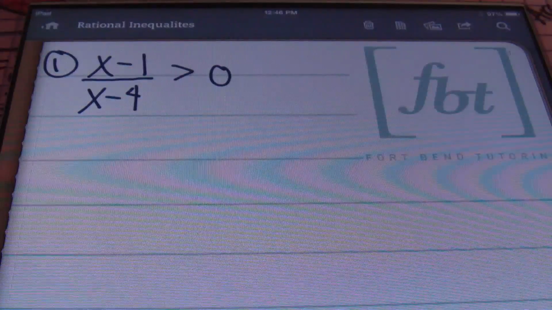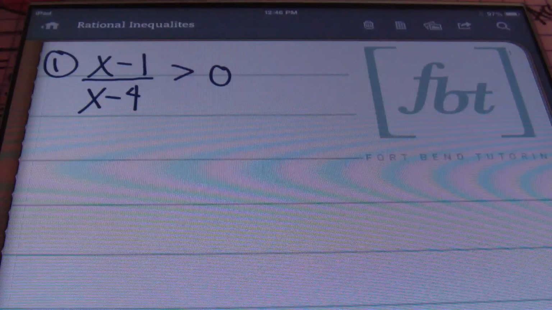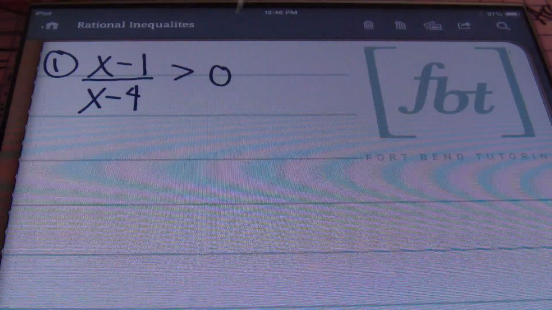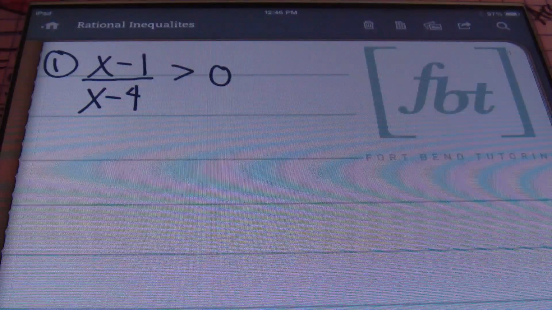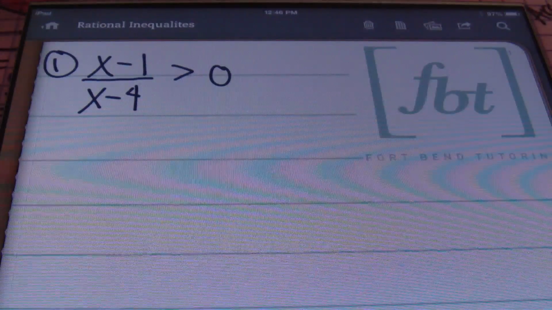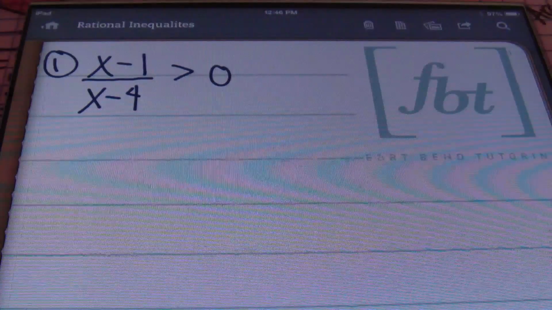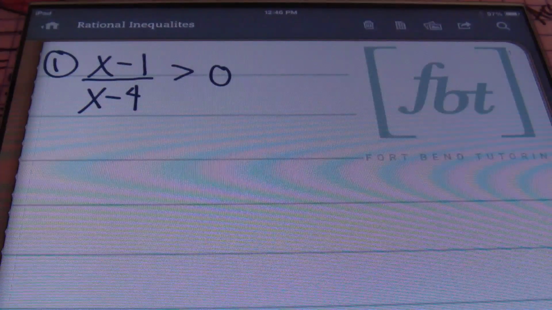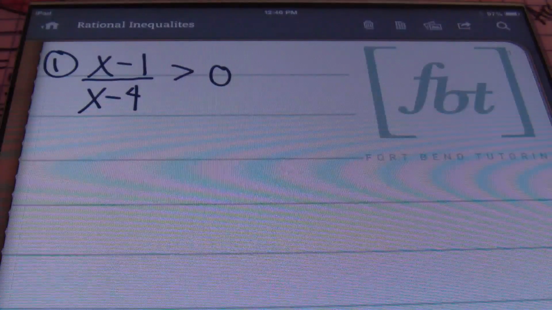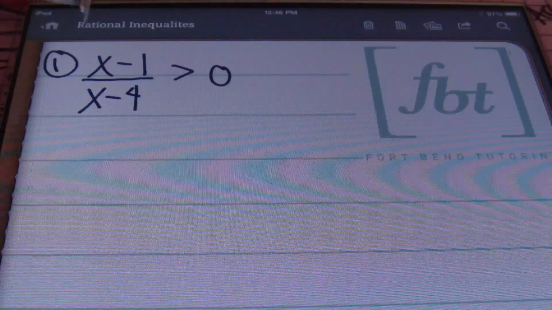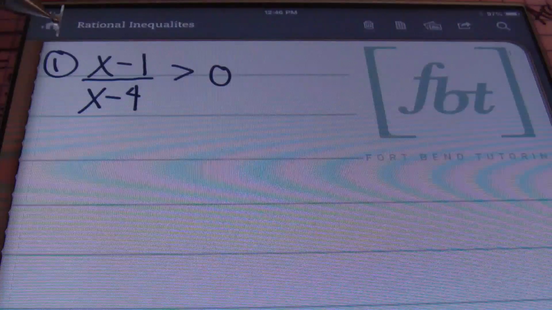So this is exactly the setup that you're looking for. You're looking for one fraction set to 0. That's what you need, okay? So in this situation, we have an ideal scenario. We have our fraction, it's greater than 0, and the next thing you'll need to do is find out what your critical values are. In order to find your critical values, you'll be setting the numerator and the denominator equal